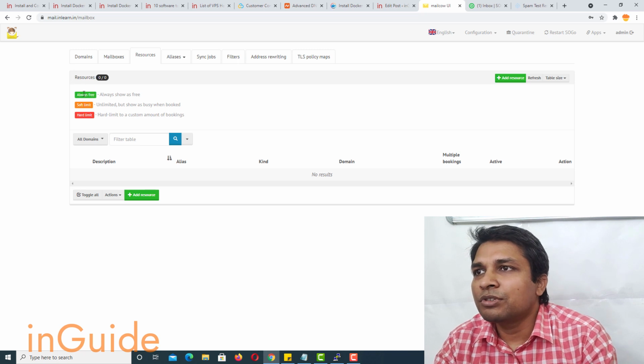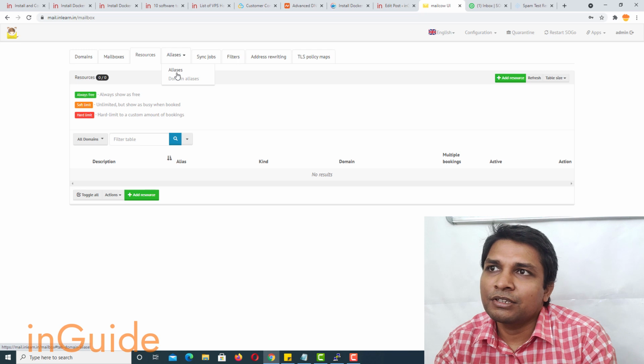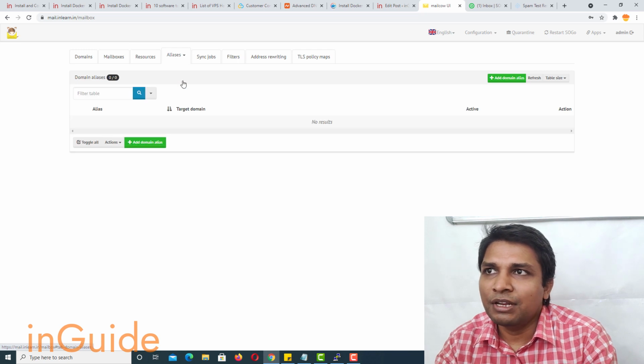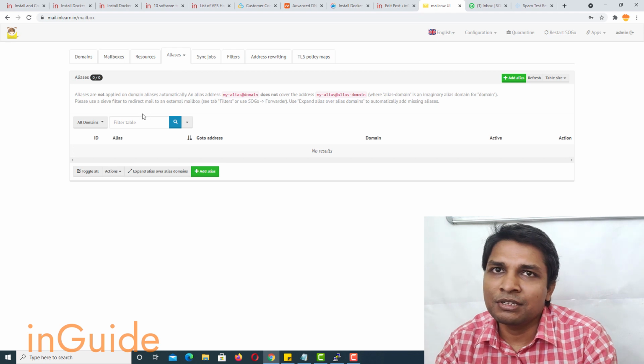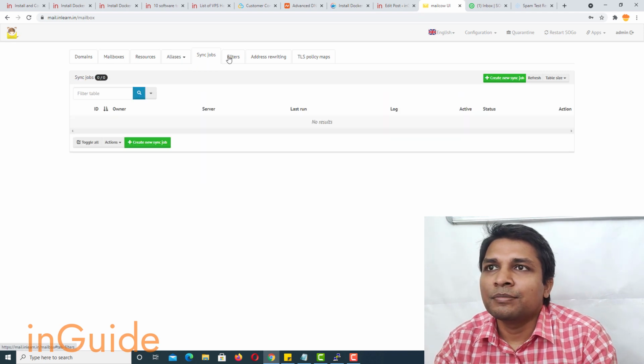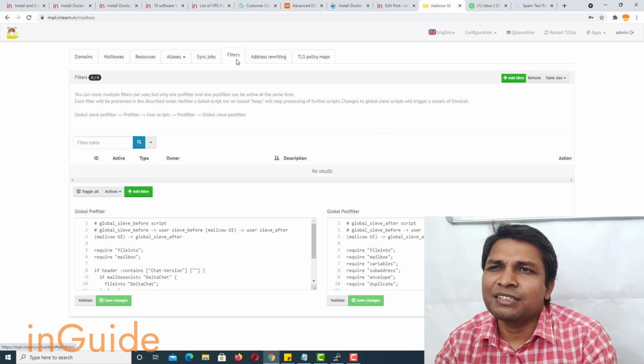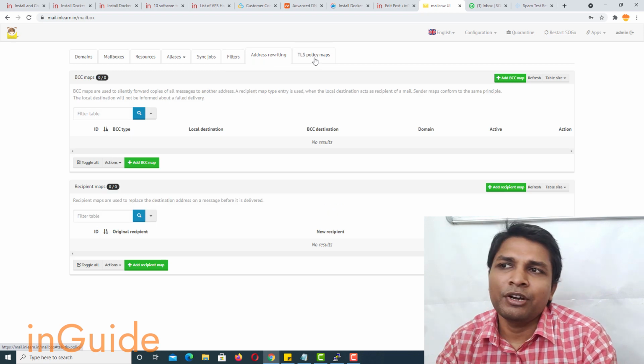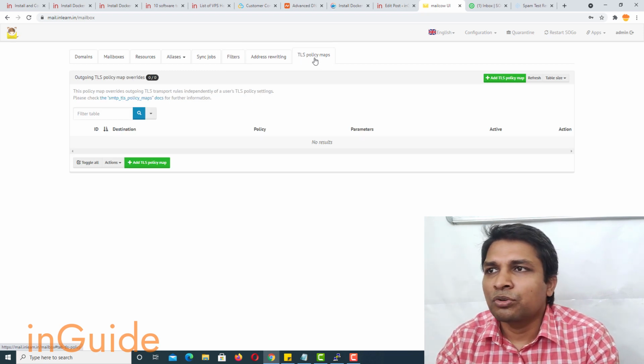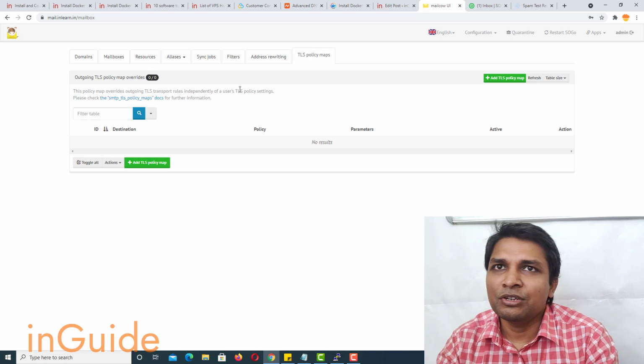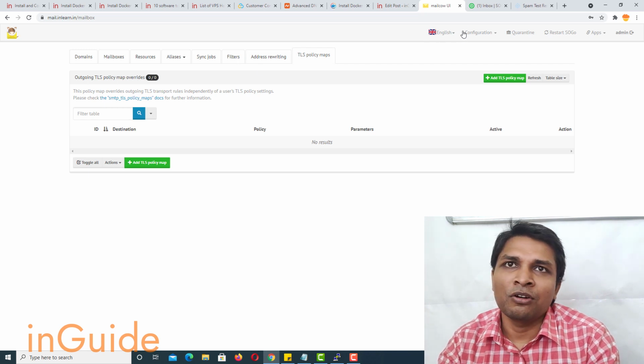Here you can see resources and aliases. If you want to create domain aliases, you can create, or you can simply create a user alias, and address rewriting, filters, and everything. It's loaded with features. So whatever you have imagined, you can do it from MailCow.